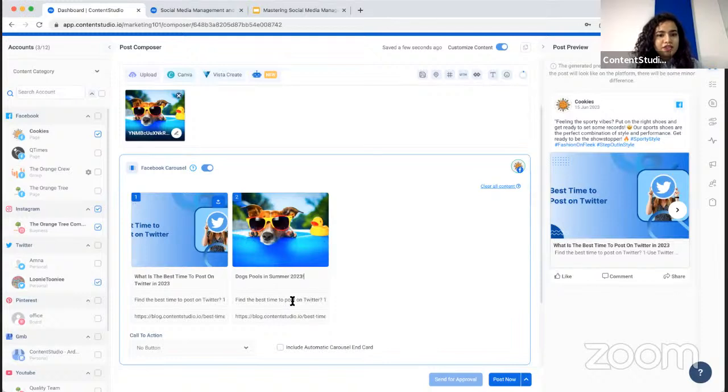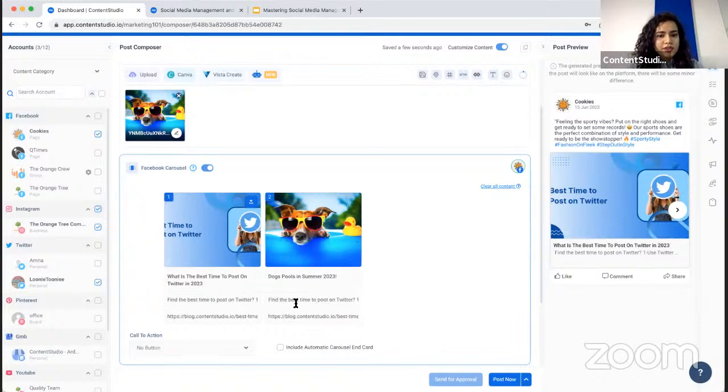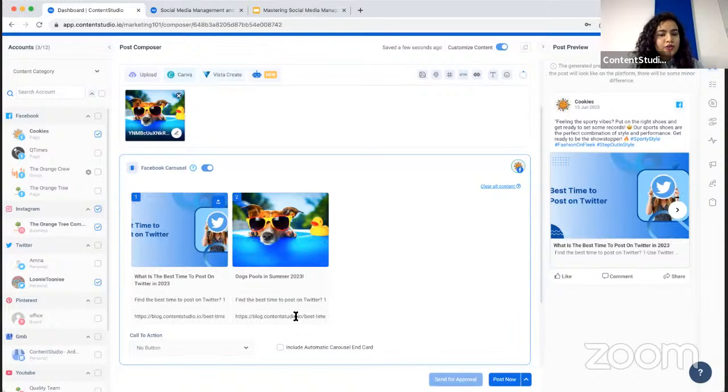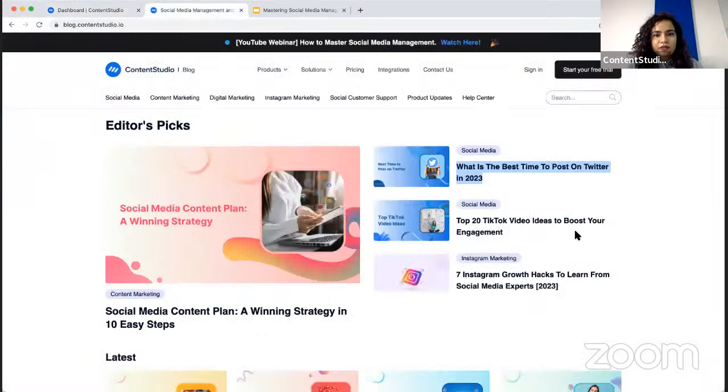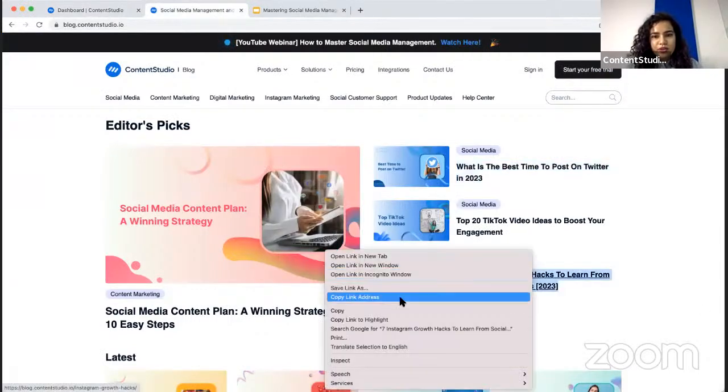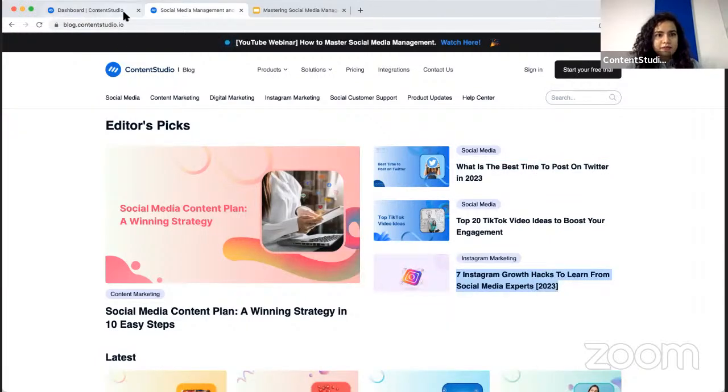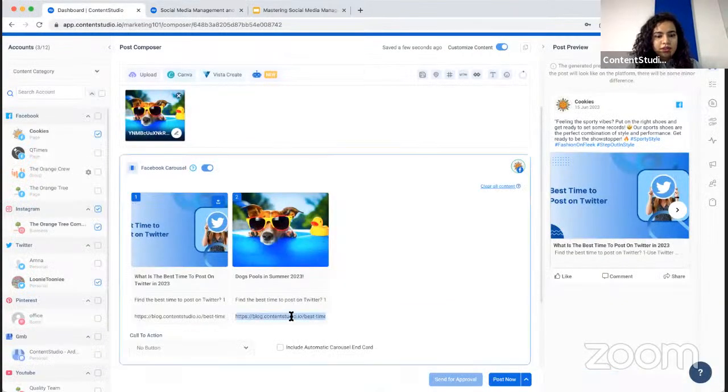And I can write a little description right here if I want. Talk a little bit about what this post will be about. And if I want, I can also change the link right here. If I want to add another link, let's say I'm going to head over to some other page and I want to share some other link, I can just go here, copy the link address, share it right here, and paste it. So now these are two different things, two different websites, two different landing pages that I want my